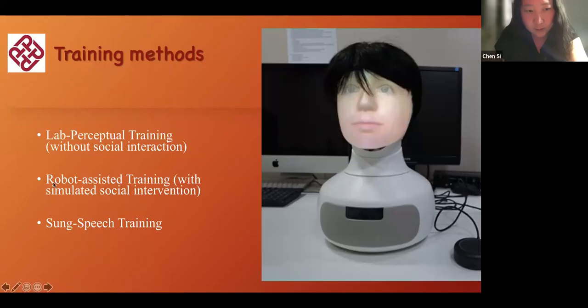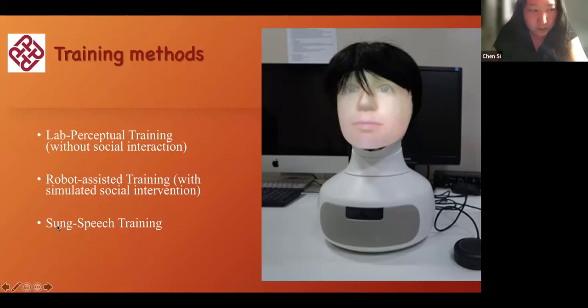If we can use this robot to simulate social interaction, then probably it's going to improve, well, in this case, the use of speech prosody. But probably this simulated social interaction can also be beneficial in other aspects. So we're also trying to see whether we can use this robot to improve their communication skills in general.